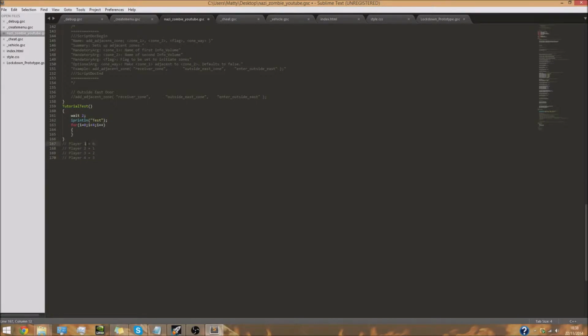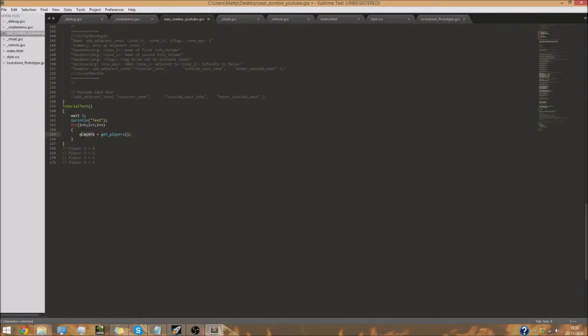I'm just so used to saying player 1. It kind of messes me up a little bit by saying player 0 instead. So then, to actually give the player the weapon, what you're going to do is type players equals get_players, just like that. There we go. So what it's going to do is get all the players in the game,